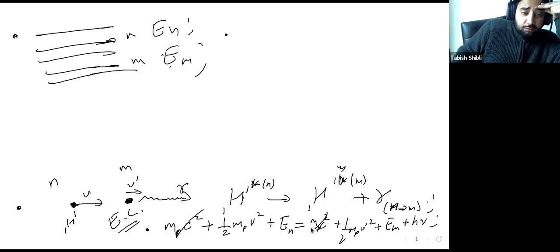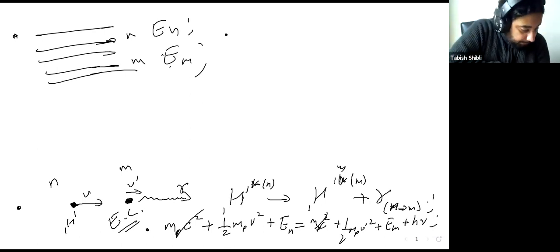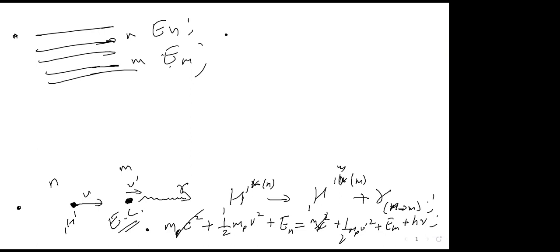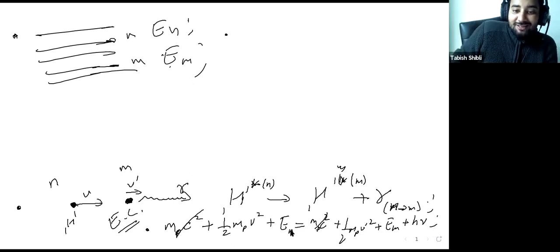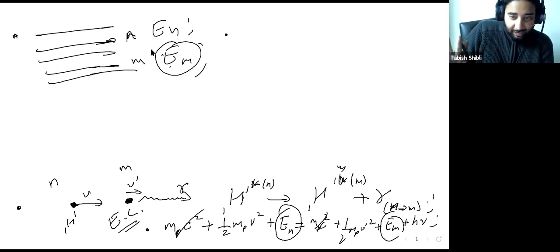What do we not know here? How many variables are there? And how many equations are there? Two variables. What all? En and Em? No, En is given, because it's given to you to be in the nth state. Em is also given because it's in the mth state. The states are given, so you don't really need to worry about that.